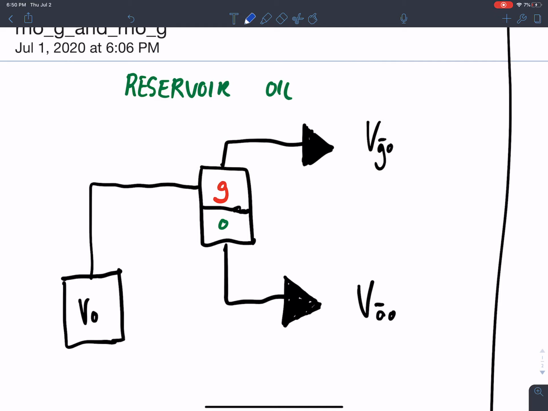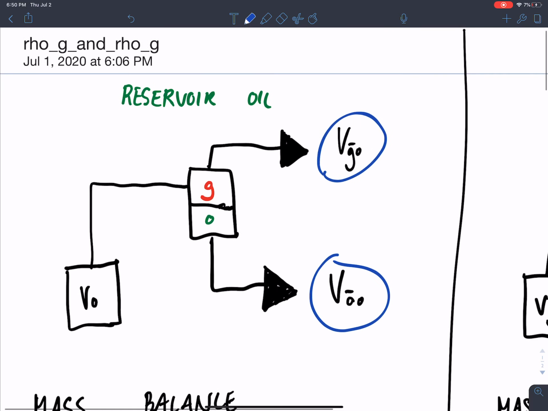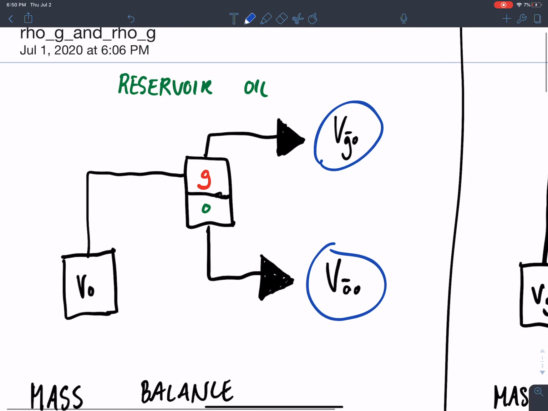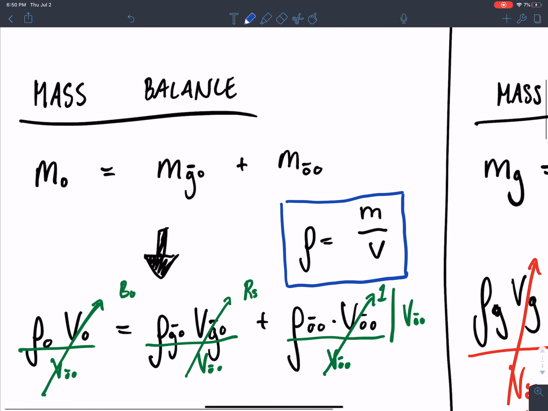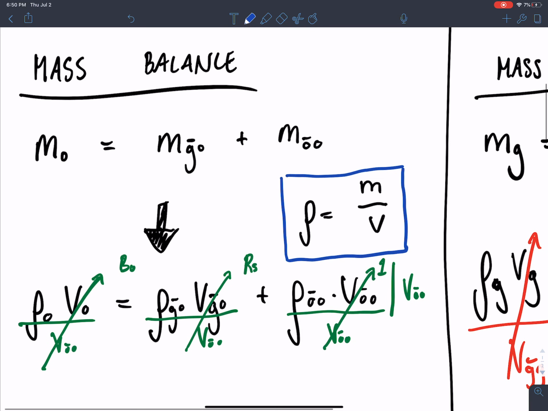is single phase liquid in the reservoir, but at surface gas comes out of solution and we get a free gas phase and a free oil phase on surface that we can sell. If we set up a simple mass balance of this, saying that the mass in the reservoir needs to be equal to the mass at the surface, and we then apply the density rule, so density is equal to mass over volume on each side of this equation, at the same time